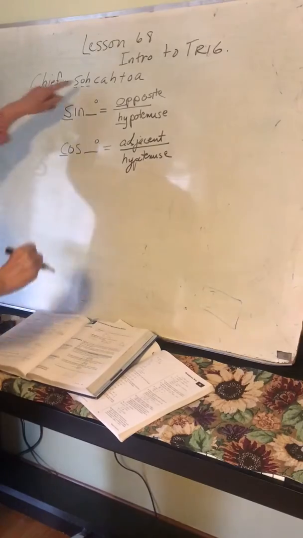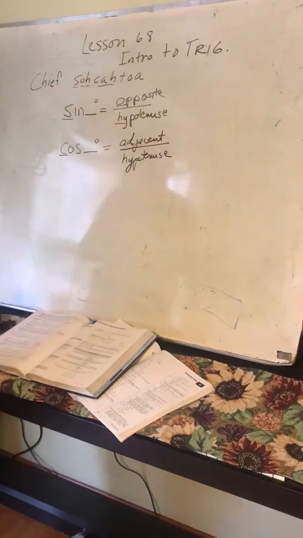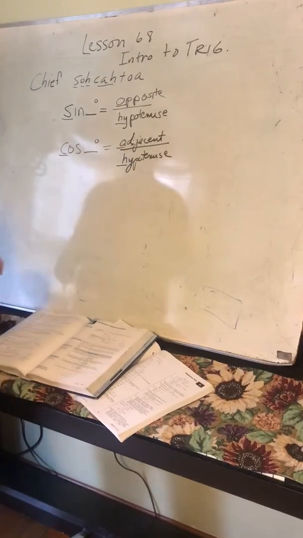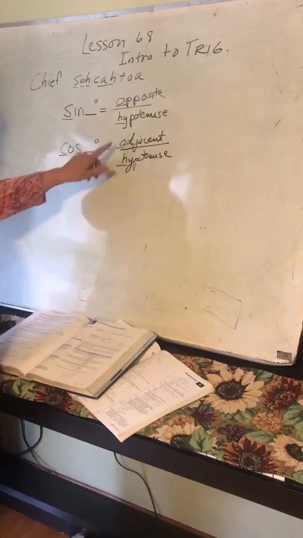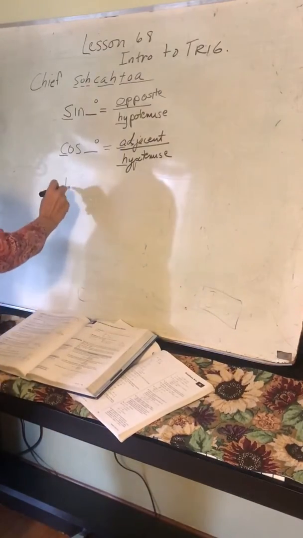So it's the CAH in SOHCAHTOA, adjacent and H, CAH. And the TOA is the tan